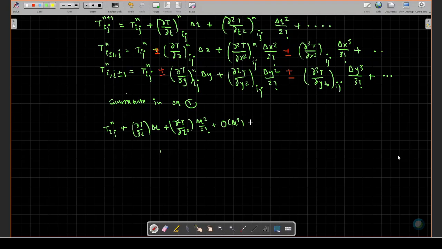Okay, these terms will be there, minus Tij^n, this was there, divided by delta t, and equals alpha